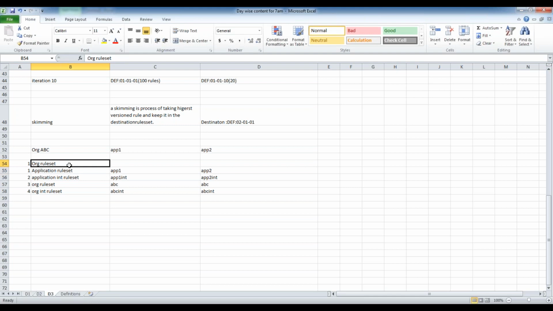Here actually this will behave like this. Organization rule set can use the rules from the application rule set. That is a violation of the generic definition. So always the application should use the organization specific rule set. So the stack should not be modified. Even when modifying, you should be very careful. With care only, you should modify the stack.